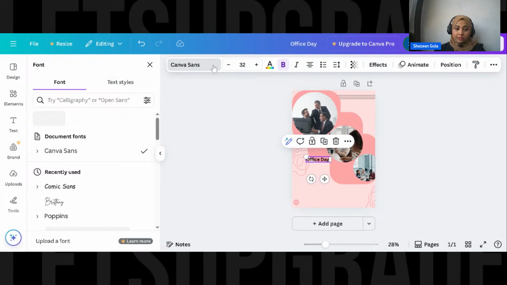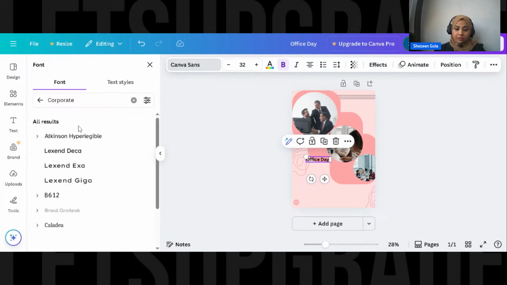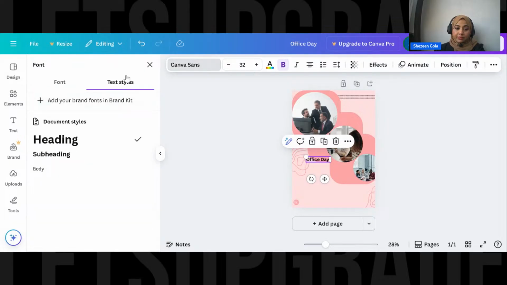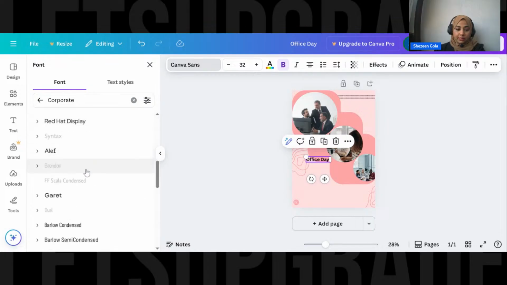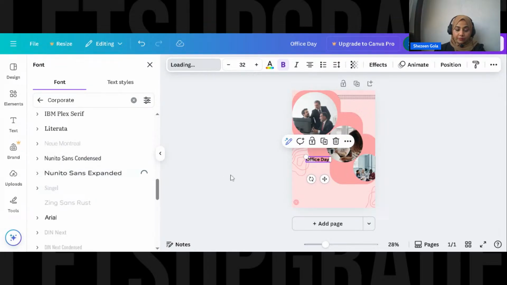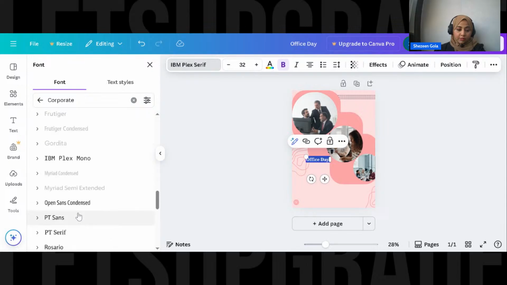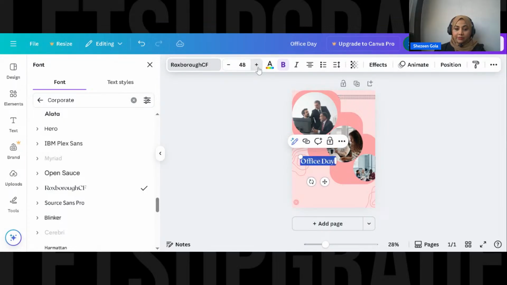The moment you see out here, you can change the fonts out here. So you can have very nice corporate fonts. It will ask you what type of fonts you want. There are styles like heading, subheading, body. So you can see there are fonts out here. Make sure you select them. Okay. So I usually like sans fonts, and let's use this. Okay. Now you can change the size of it either by clicking here.